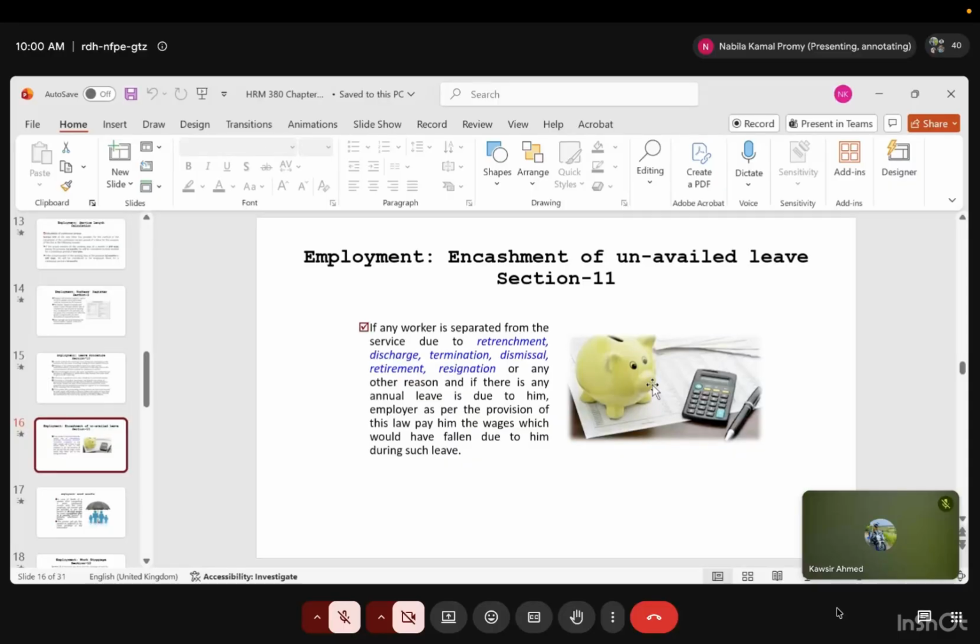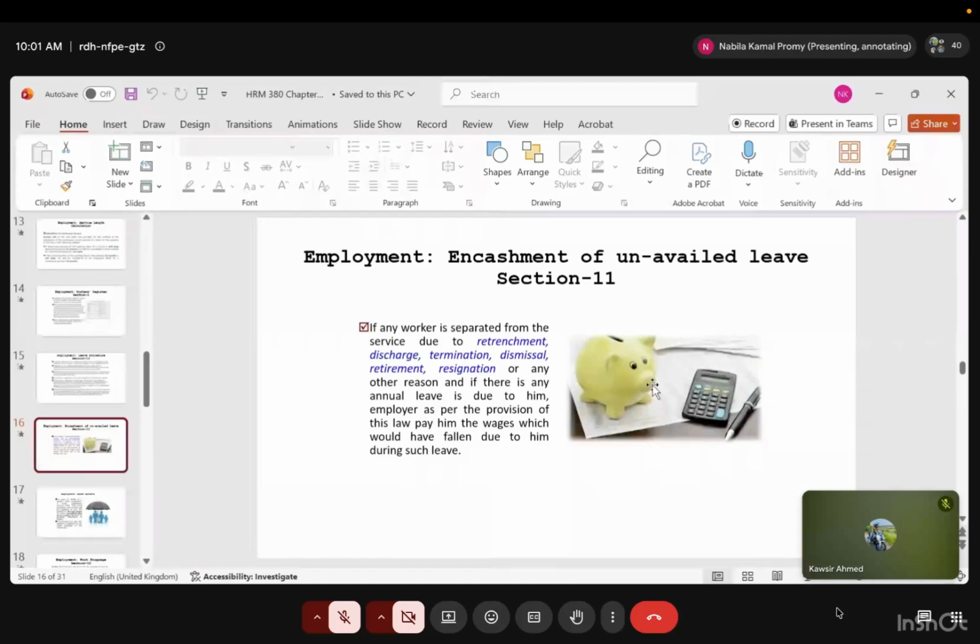Now let's say the employee has some unavailed leave. আপনার অনেকগুলো লিভ আছে যেগুলো আপনি ইউজ করেননি. So in that case, in many cases, if employees want, they can encash those unavailed leave. তার মানে আমি লিভ নেইনি, তার পরিবর্তে আমি কোম্পানির কাছ থেকে টাকা নিতে পারবো।